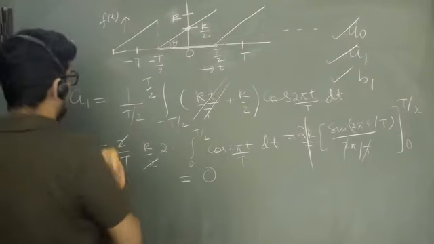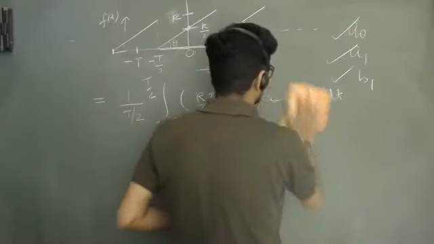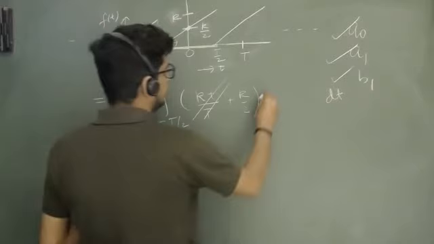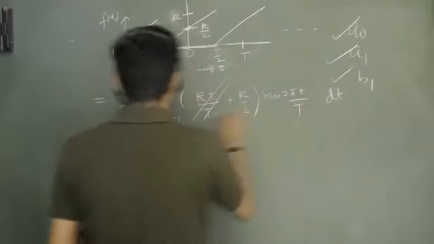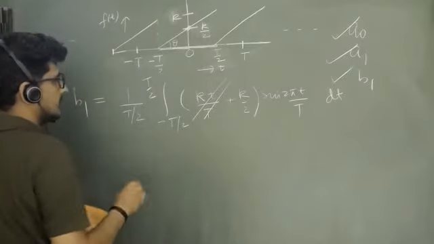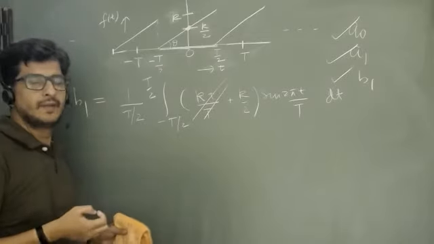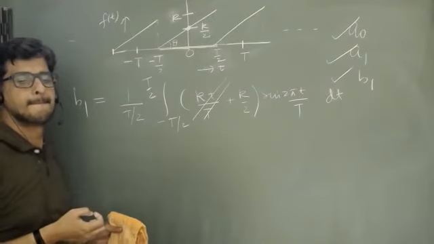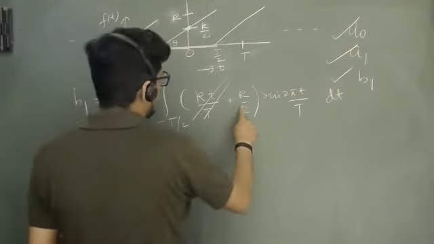चलिए जल्दी जल्दी B1 करते हैं. यहाँ पे B1 इसको हटा देता हूं. यहाँ पे हो जाएगा साइन 2 pi t by t and B1. This will be the B1? Yes or no? Yes. This will be the value of B1. Yes, sir. Now this will go to 0, right?